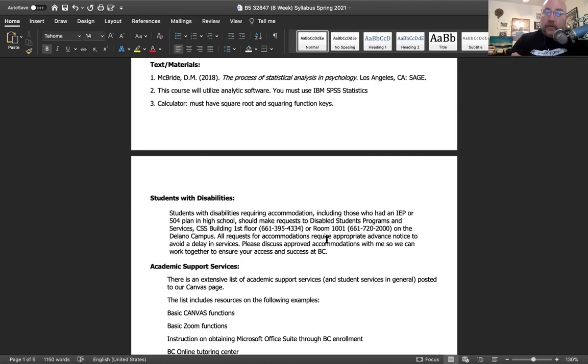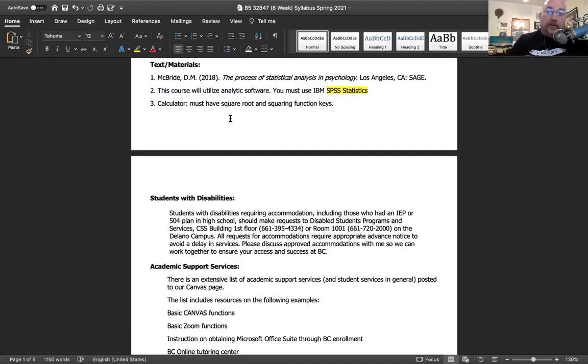You don't need a workbook. You don't need an access code for anything. We are going to go over something called SPSS in our class. You can see that here. And SPSS, that's an acronym that stands for the Statistical Packages for the Social Sciences. And you'll have free access to that, and I'll show you how to do that when the time comes.